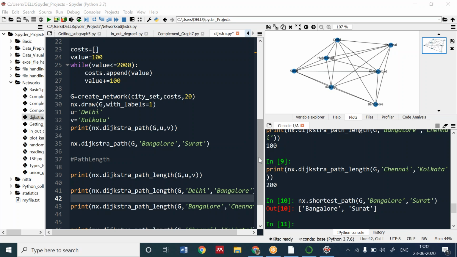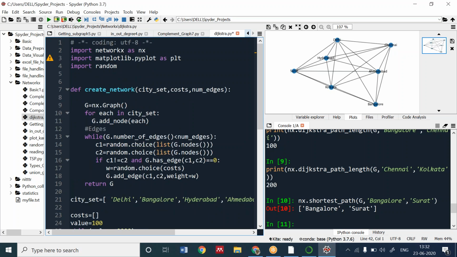Okay, I'm explaining again from the starting. These two lines you are aware of. Then we have imported random because we are using the random choice function for randomly selecting the edges and the cost. We have created a create network function.